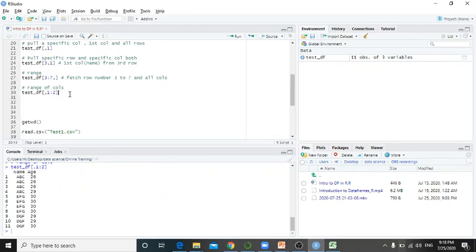So here we are fetching all rows, but columns 1 to 2. Okay, so this is how you can actually chop off the data frame and work with the data frame by using a specific subset.